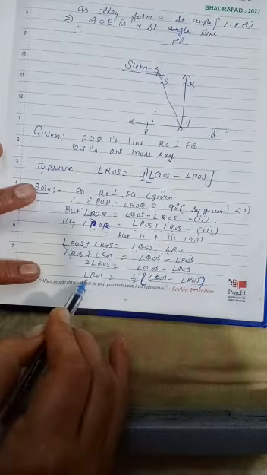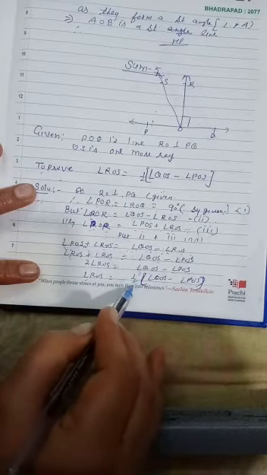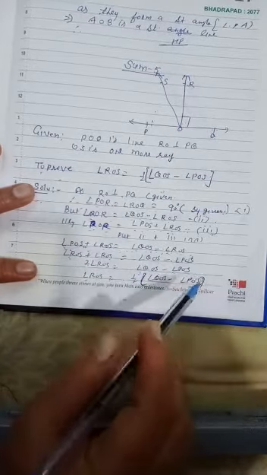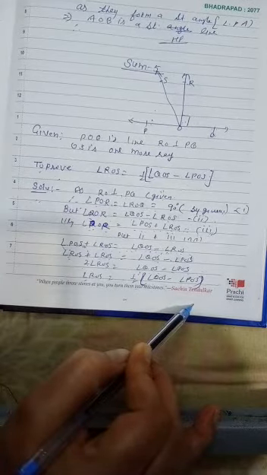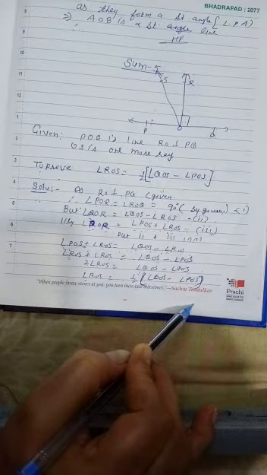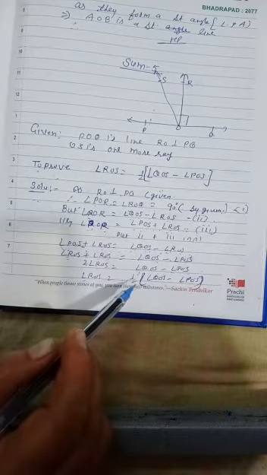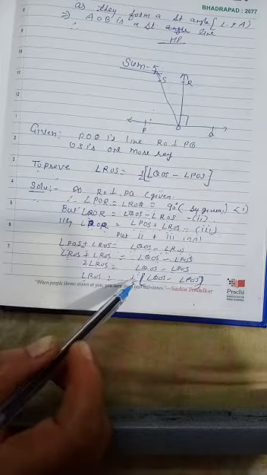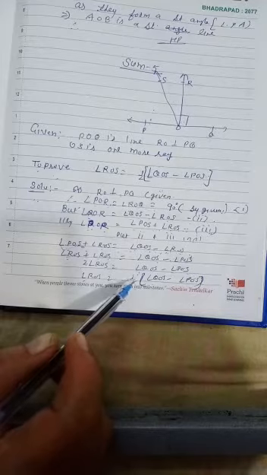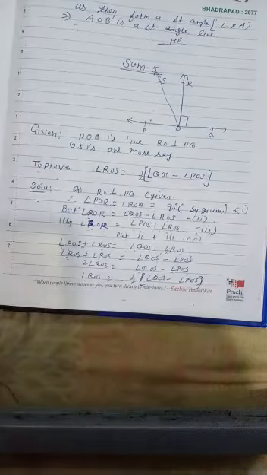Now single ROS is equal to, when something is multiplied, on the other side it will go as a half. So it will become half of angle QOS minus angle POS. Clear? What is this? Two angle values are there, and they are equal. From one is put the value of the addition of two angles, and in the other is put the value of the difference of two angles. Then these two values are equal. Equate these. By equating we get the value of ROS, which is required. Okay, clear?